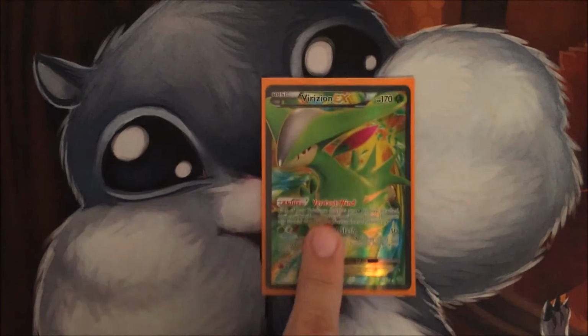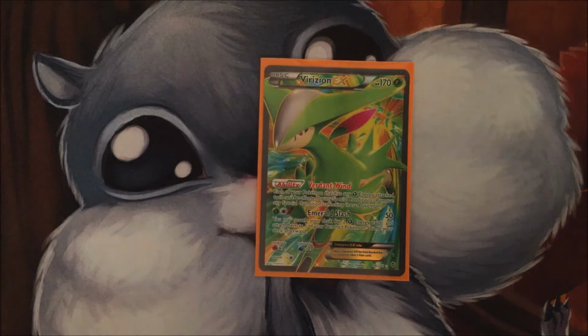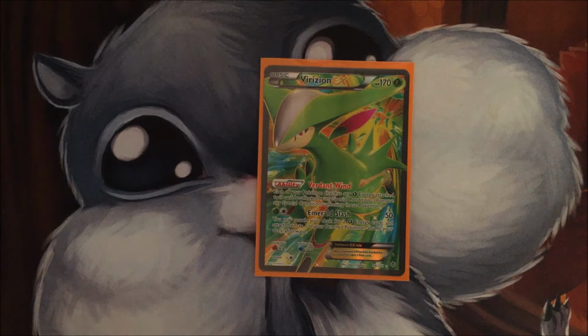Next we have Virizion EX. This is 2. We're going to be playing a grass version of Mega Rayquaza, and this is just to protect from poison. With Toad Giratina being really popular, Hypnotoxic Laser becoming a big thing in a lot of those decks, and a lot of other different decks are using it right now, protecting from poison is going to be crucial, especially with